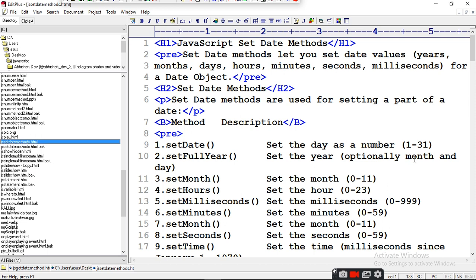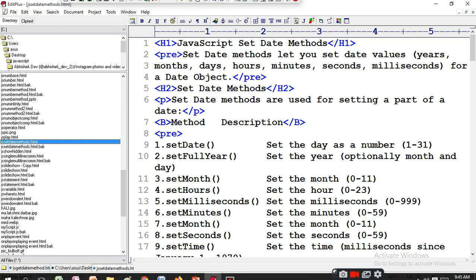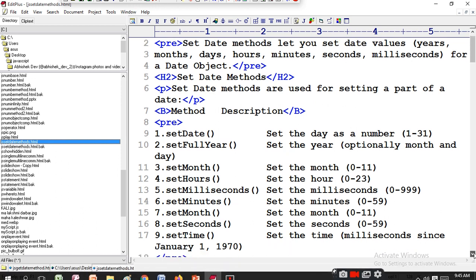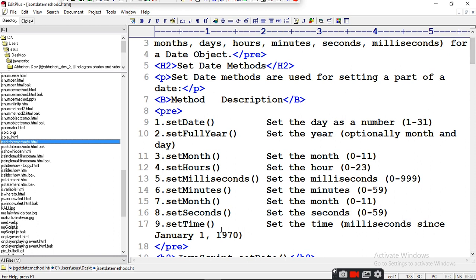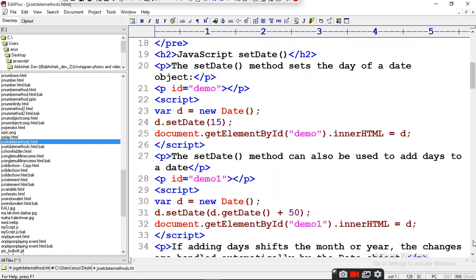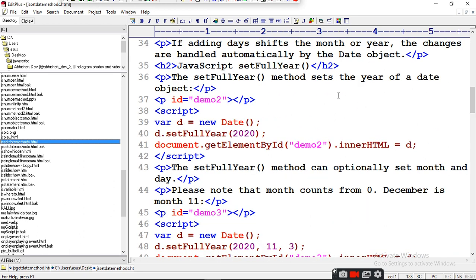There are several set methods in JavaScript: set date, set full year, set month, set hour, set millisecond, set minute, set month, set second, set time. So 9 methods are there, and set date is set from 1 to 31. Same way as a get month and get year and get millisecond, same way the numbers are same here in set method.